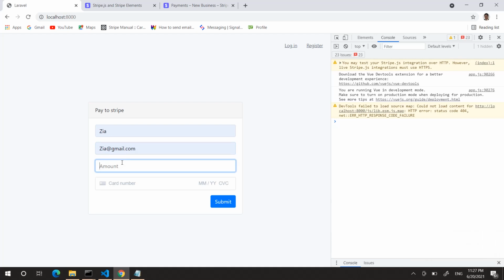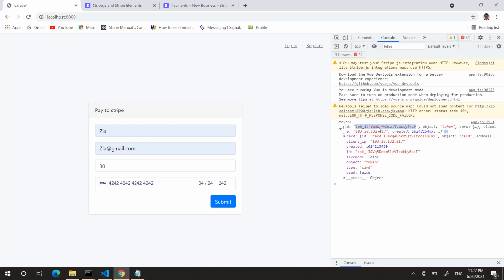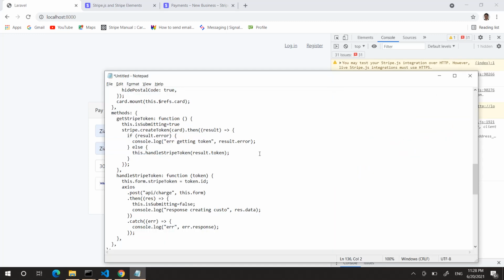Okay, 4242. This 4242 is a test number credit card from Stripe. Okay, now we are okay to send this token to our server